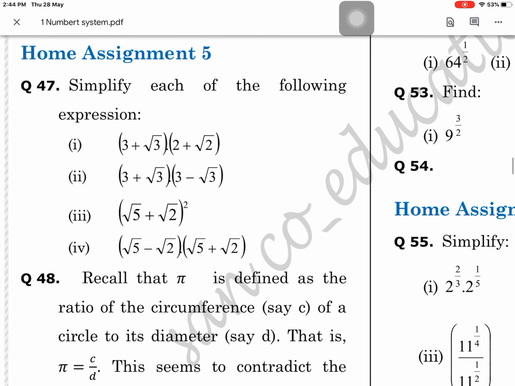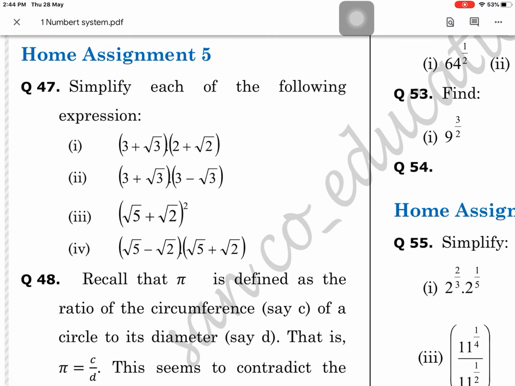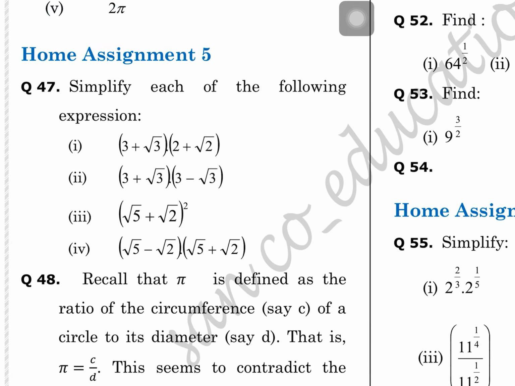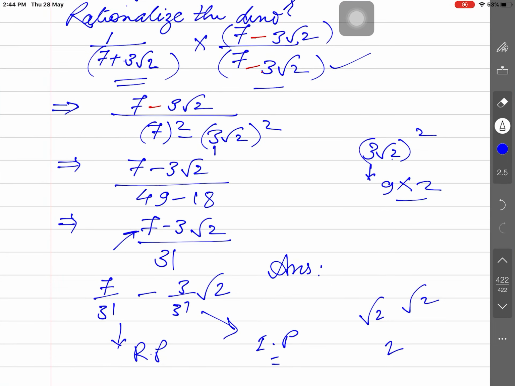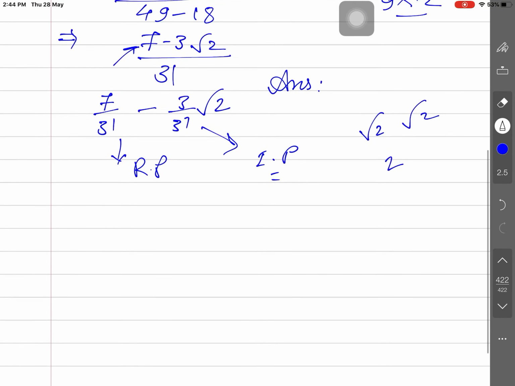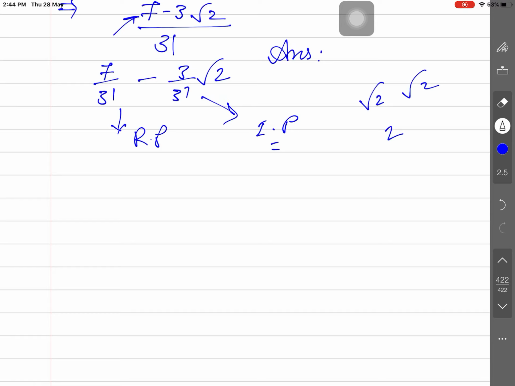These are to be multiplied here. You may just see the pattern, 3 plus root 3 and 2. It's not a pattern that is coming here. So if I am talking about pattern, what type of identity will you observe? Why do I say to observe the pattern? Because a pattern helps you to use some identity ready-made, like a plus b whole square is equal to a square plus 2ab plus b square.